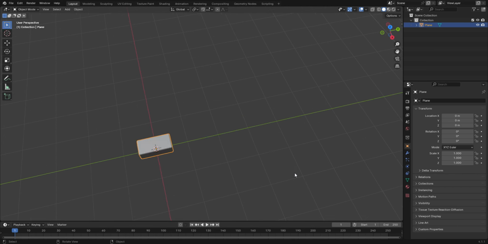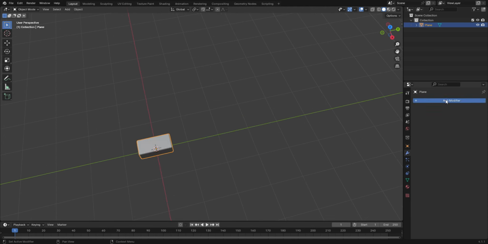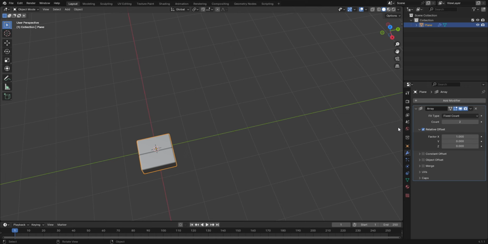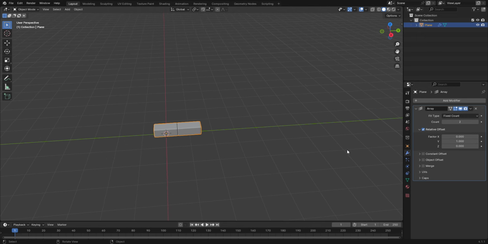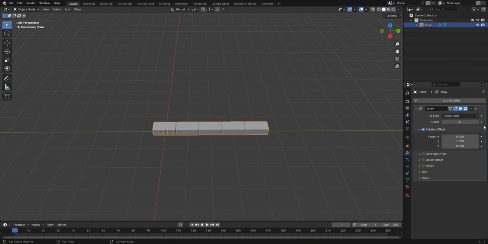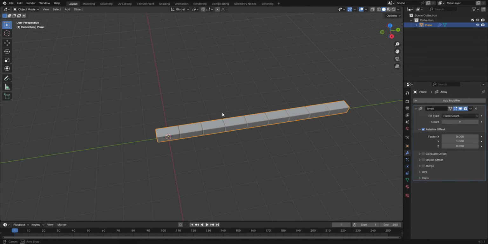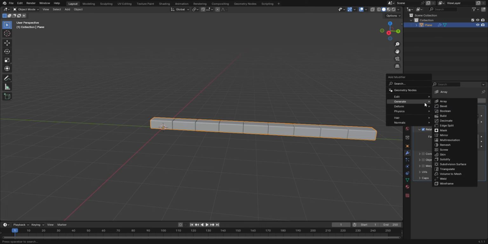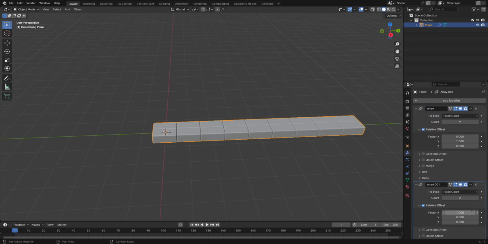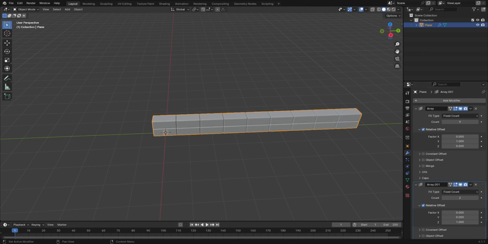So now I'm gonna use an array modifier, generate array, not in the x-axis, but in the y-axis, and let's set it to, I don't know, 5, 6, 7 looks about right. I'll actually go for 9. 9, yes, very nice. So now I'll go and set the same array modifier but on the z-axis, and I'll